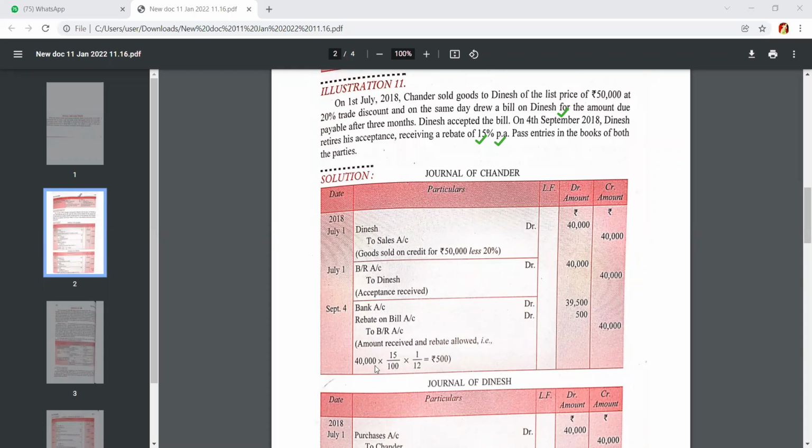So the calculation will be like this: 40,000 into 15 upon 100 for the percentage of the rebate, into 1 upon 12, because the amount is paid 1 month early, and the total year means per annum consists of 12 months. After calculating this, we will get the amount of 500 rupees. That 500 rupees will be considered as the rebate. So the entry will become bank account debit, that will be 39,500, rebate on bill 500, to